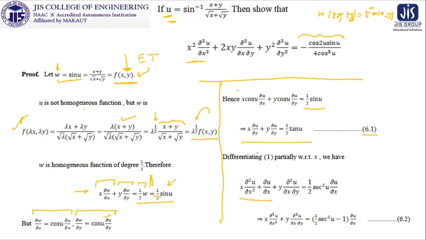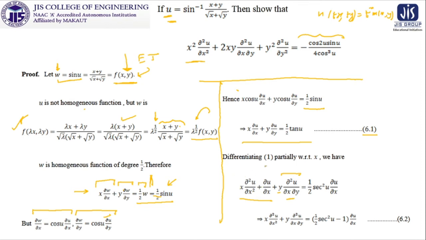And from the second term, y is kept as it was and ∂u/∂y is partially differentiated with respect to x, so it will give you ∂²u/∂x∂y. Then ∂u/∂y is kept as it was and y is differentiated partially with respect to x, which will give you 0. That is why this term has one term contribution, not more than one, but this has two terms contribution.